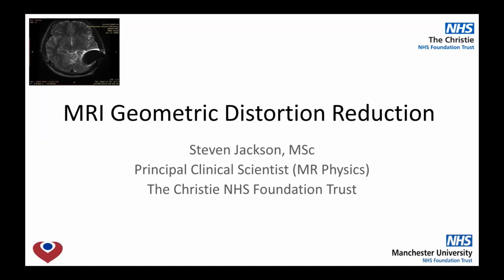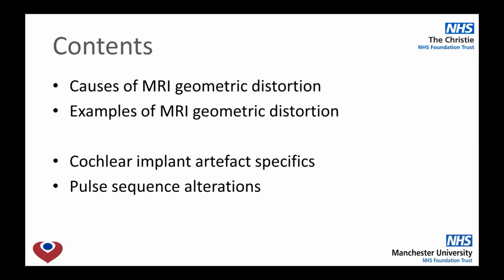This is a presentation about MRI geometric distortion reduction. My name is Stephen Jackson. I'm an MRI physicist at the Christie in Manchester. So we'll look at the causes of geometric distortion and some examples, and then we'll look at some specifics for cochlear implants and then some pulse sequence alterations that can be made to minimize the impact of the cochlear implant